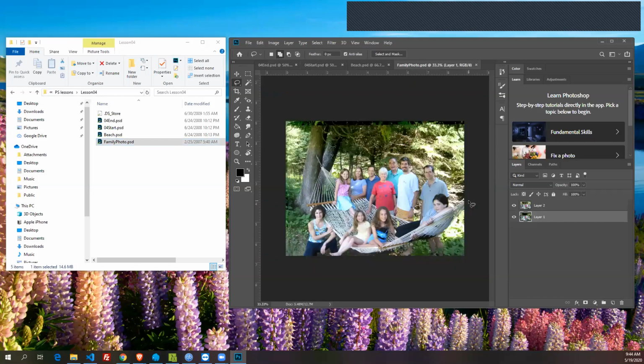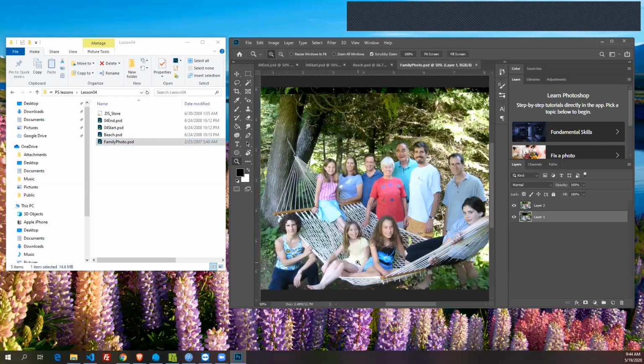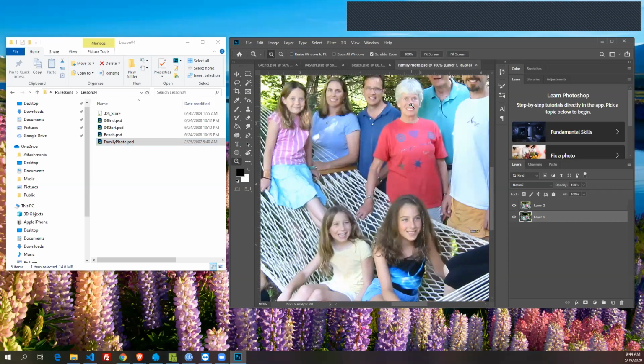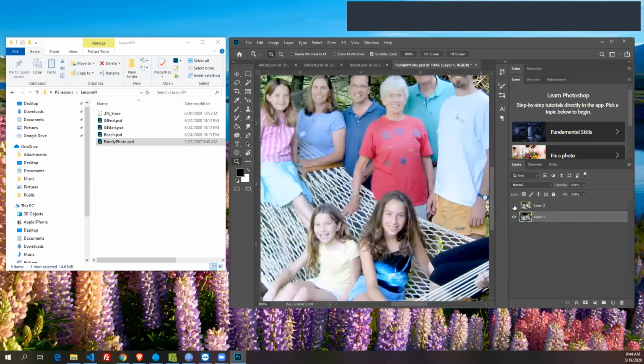When you take photographs, especially where there are lots of people, one of the biggest issues is this. Look at the way people see things. You notice these guys on the top, they're all looking at the camera. What about these kids here? They are looking somewhere else, right? Now you notice there are two layers here, layer 1 and layer 2. If you turn off the top layer, the kids are now looking at the camera. But then,